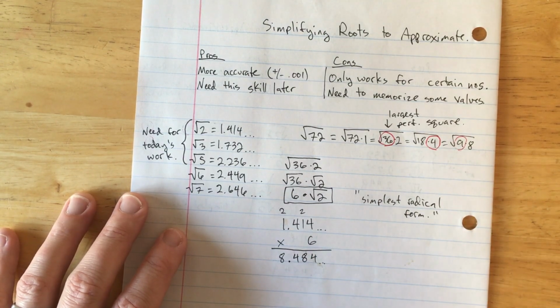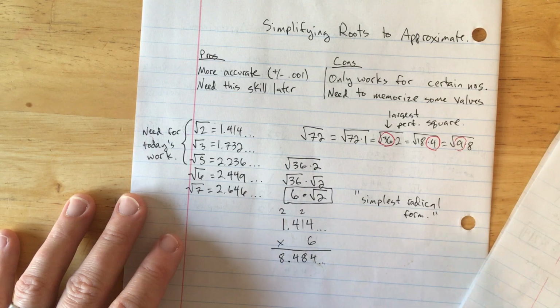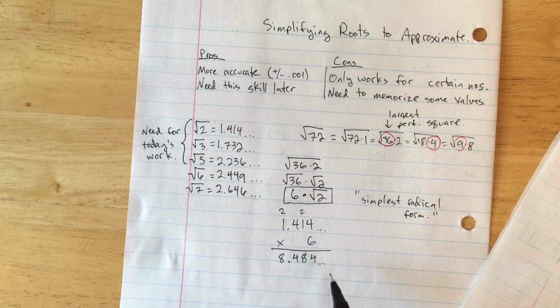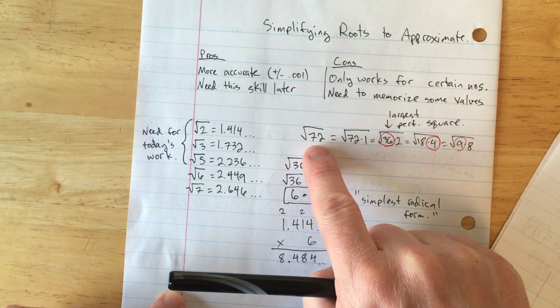8.484. And the reason I wrote this down earlier is because with my calculator it said 8.485. So we were off by 1/1000th. So it's much simpler. Much more accurate. So for today's work, you should practice this. Figure out a factorization, a multiplication problem that uses a perfect square